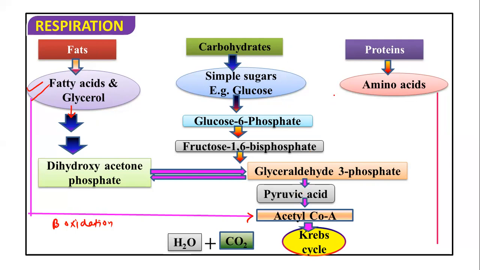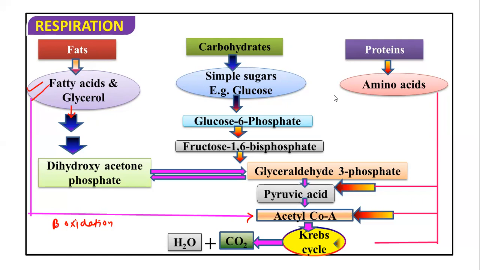But when the fat gets over, the body will be dependent on the proteins, and the body shall take a shift from protein respiration to protoplasmic respiration, and the proteins or amino acids get synthesized. This amino acid gets further converted into pyruvic acid, acetyl coenzyme A in the Krebs cycle, and carries out ATP synthesis.